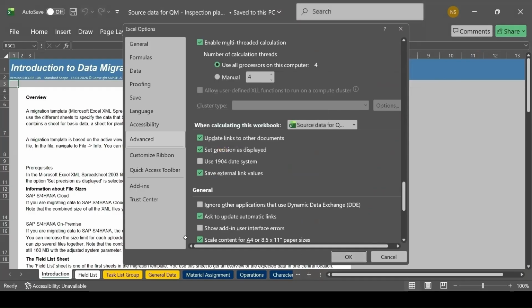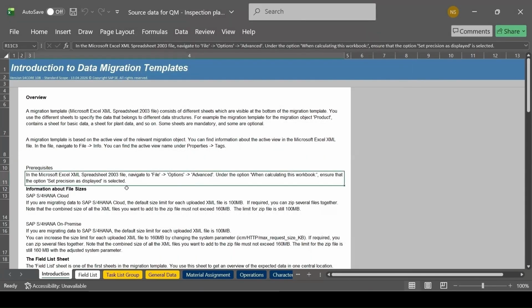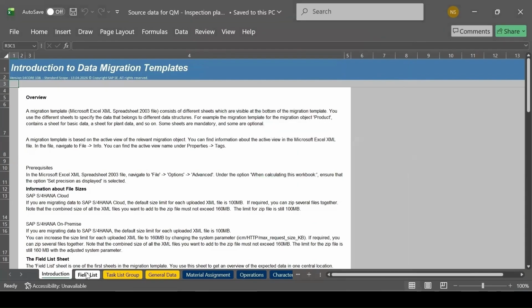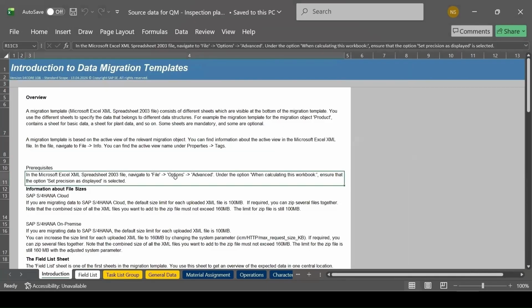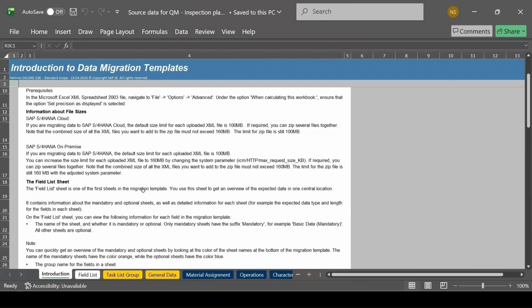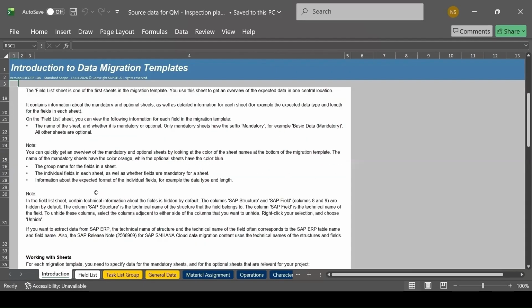Okay, and let me save this much. Continue. And first sheet is an introduction sheet. Just now what we have done is the step which is mentioned as a prerequisite that we have to set this indicator. Okay. It's better if you read this first introduction sheet, which will tell you about the prerequisites and